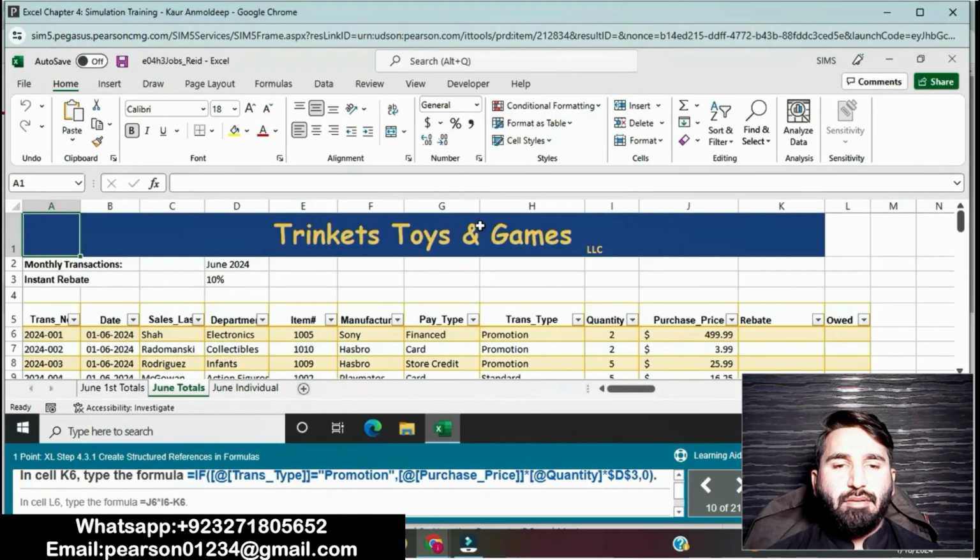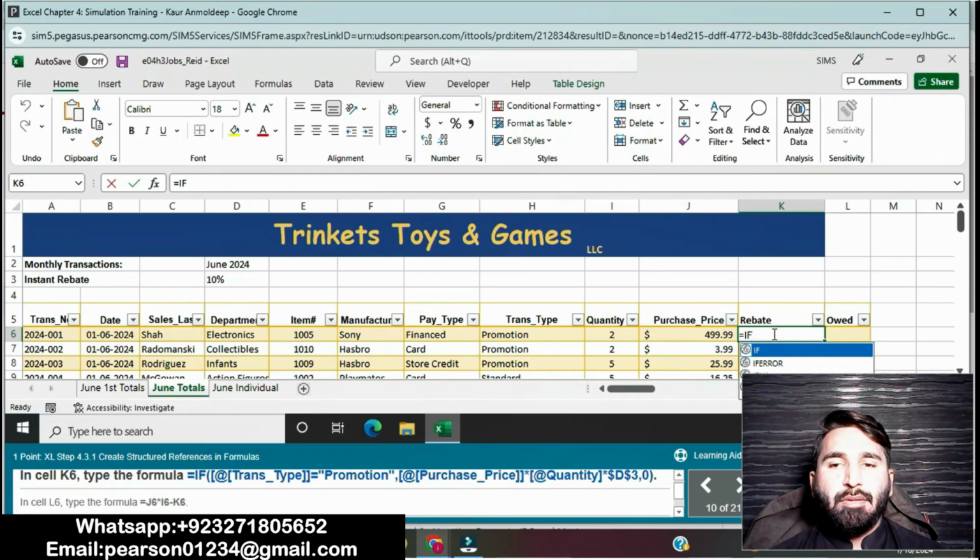In cell K6, type the formula: the IF function. Okay, enter this formula, equal to.